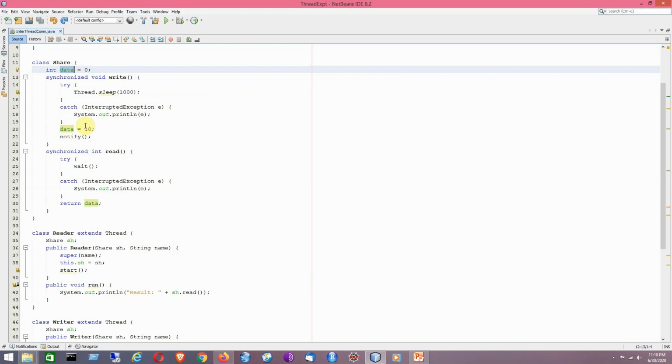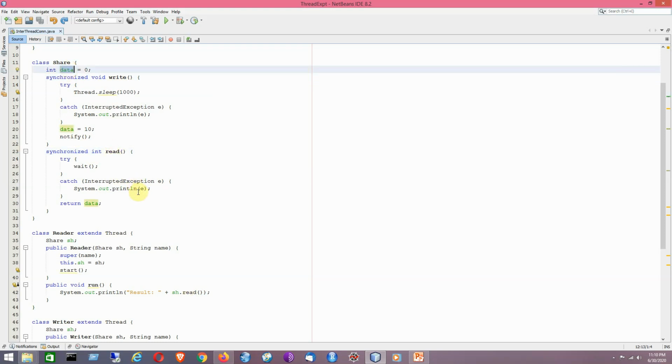This is the idea of using the write method, and the read method will be trying to read the updated value of this variable named data. So that is the objective here.